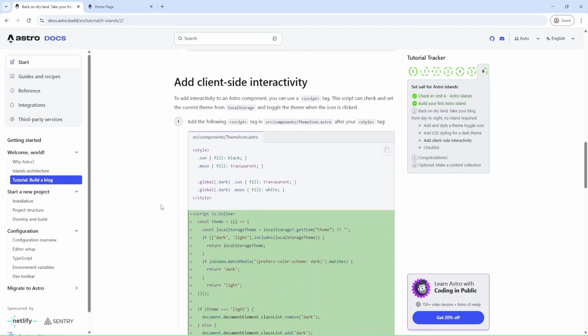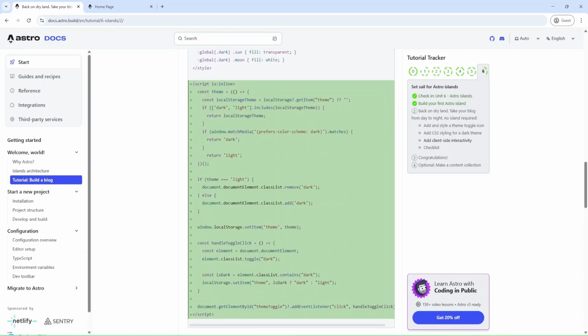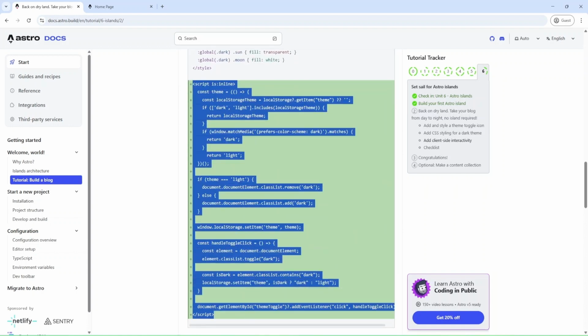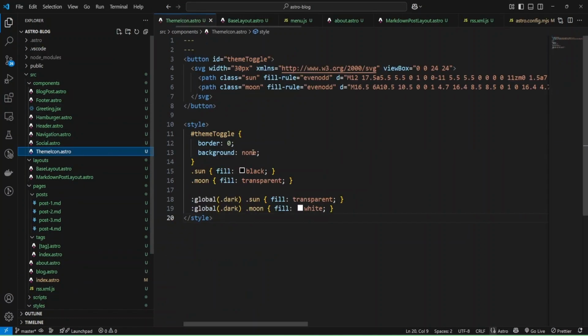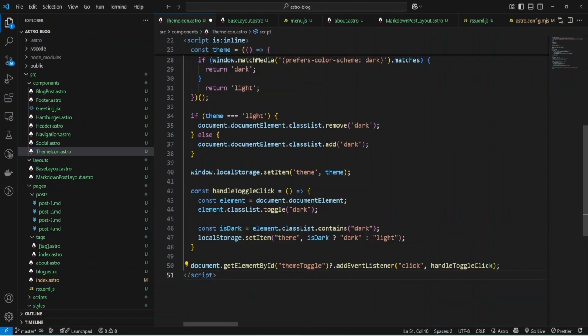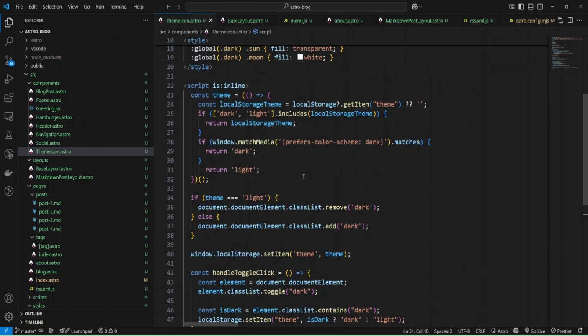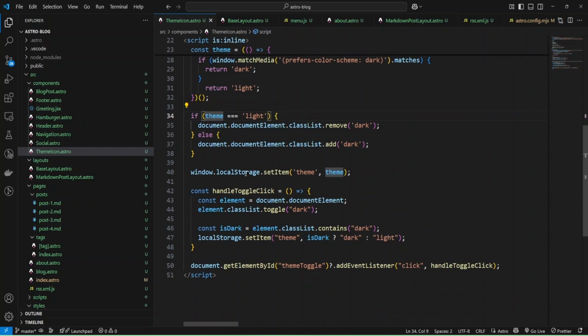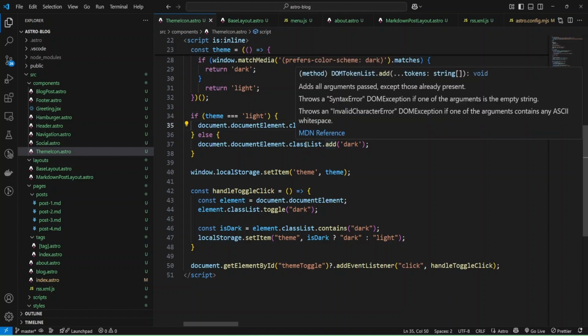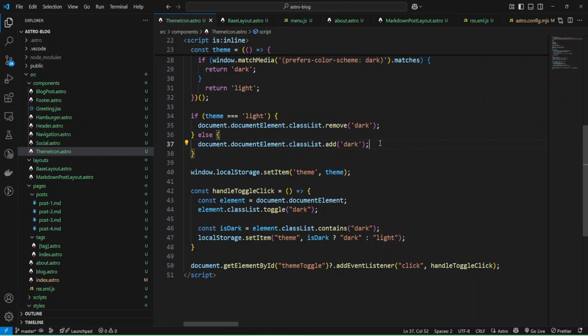And inside theme icon, I'll add this script that they provided. Okay, and go to my theme icon, and below style I'll add this code, and let's check what they have. And they extract theme from local storage, and then check if theme equals light, then they remove this dark, and otherwise they add class list dark.